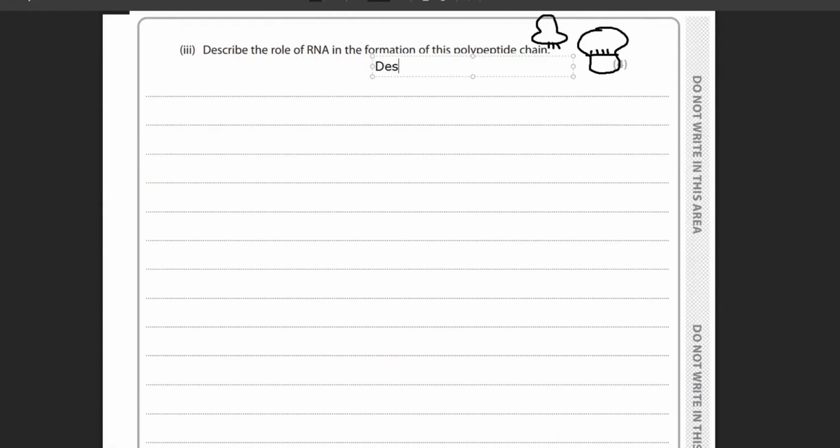So see if you can put 4 bullet points on translation. Try to put 5 or 6 because we want to be specific as to the role of RNA in translation. Try to keep it focused on that. Pause the video, have a go, make it active. All right, unpause. I'm going to go through the answers. So I don't know why I say unpause, you can hear me when you pause. Right, anyway,